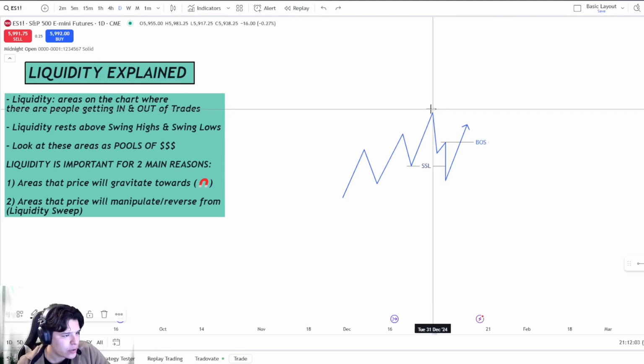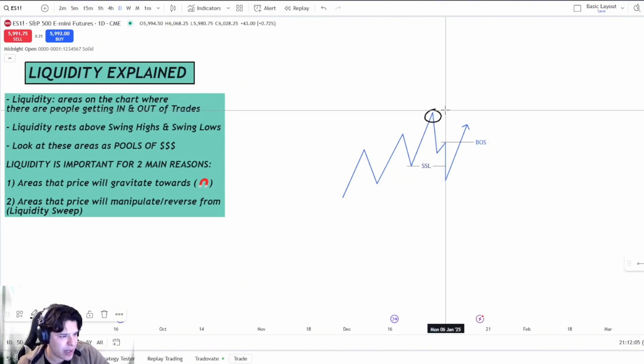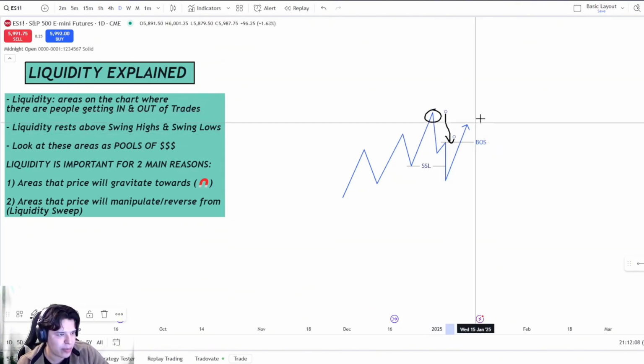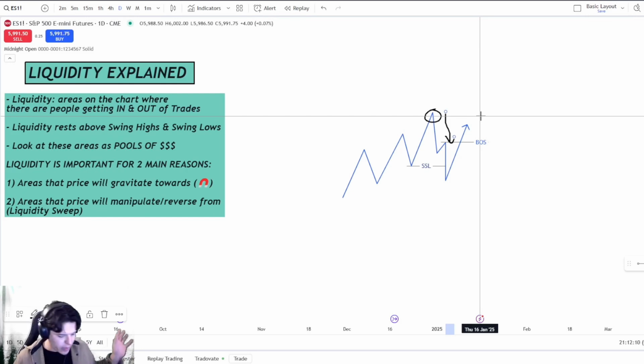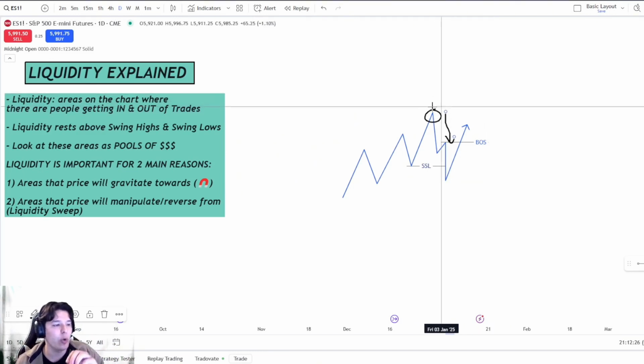Now, there's going to be people that as soon as this high gets made and they see this slight drop, they're going to think to themselves, oh my God, this is a reversal. I'm going to try to catch it early. These are people that are trying to time a reversal, and they're absolute idiots and buffoons because they didn't wait for a break of structure, for example, for price action to actually show you the signatures that it does indeed want to reverse. So there are people that are going to short this top trying to time a reversal